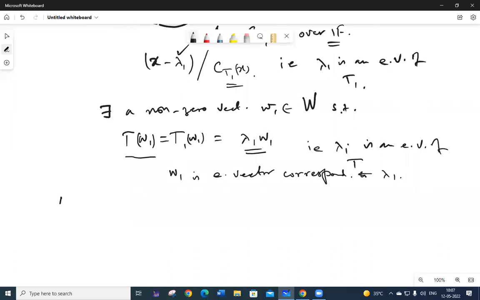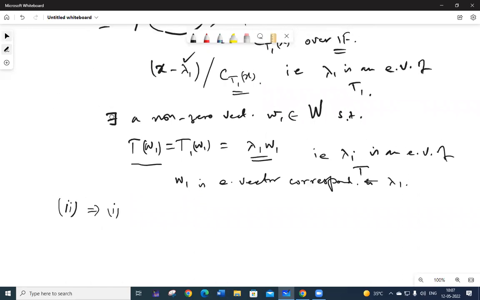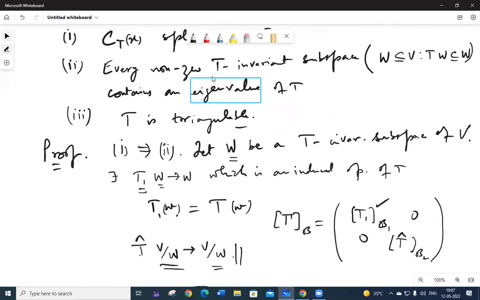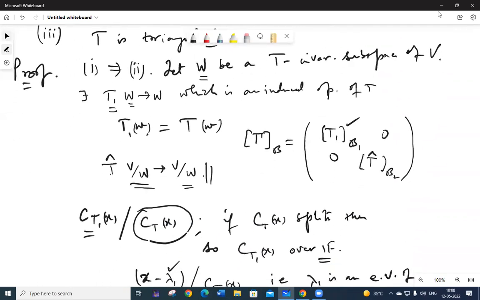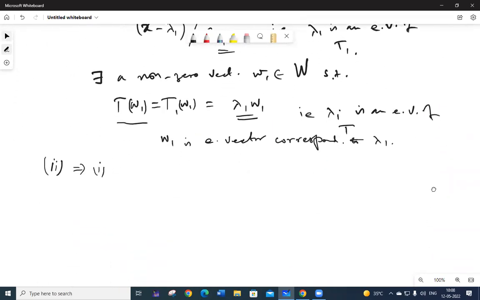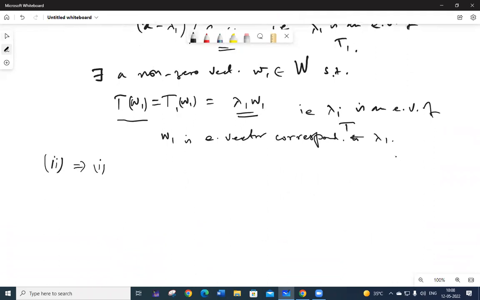Then we come back to 2 implies 1. For 2 implies 1, we are now assuming that every non-zero T invariant subspace of V contains an eigenvalue of T. We have to prove that CTX splits. So for that, what do we do? We shall be assuming now, let